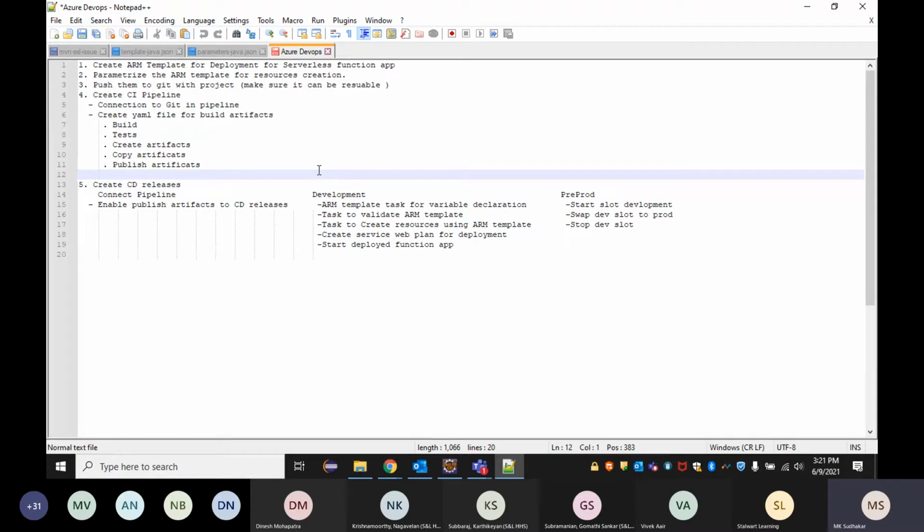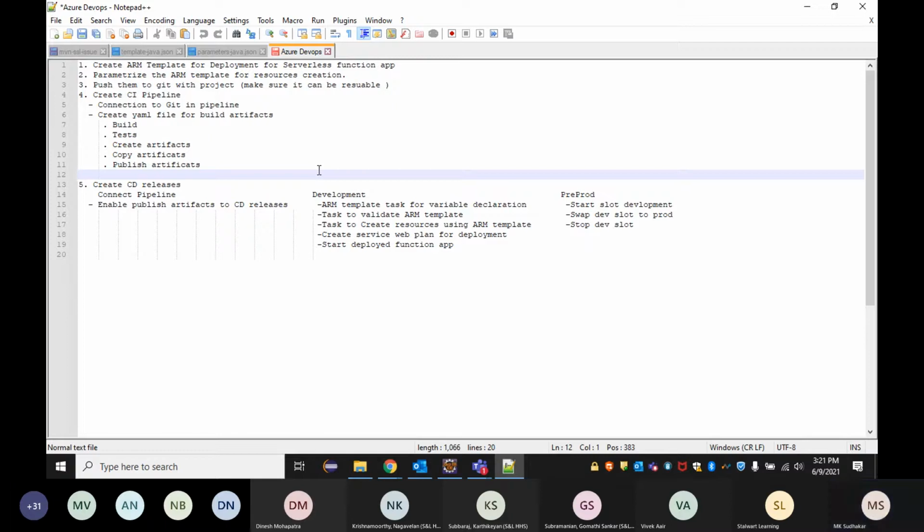Okay, then once we have the ARM template and parameterization, these are the two important things required, because of all the params, right? We are going to create resources in Azure automatically with this ARM template. To create a resource, we require some naming conventions to be followed according to the Azure standards and even organization standards. That is the best practice we have to follow. So for that, we have to parameterize the values that come from the Azure DevOps job and get into the ARM template, and then the template creates the Azure resources. This is how the architecture of the complete picture works.